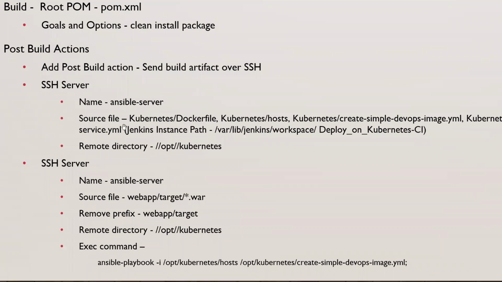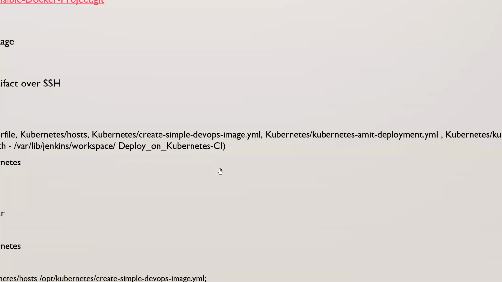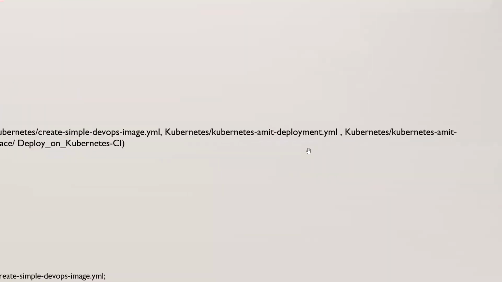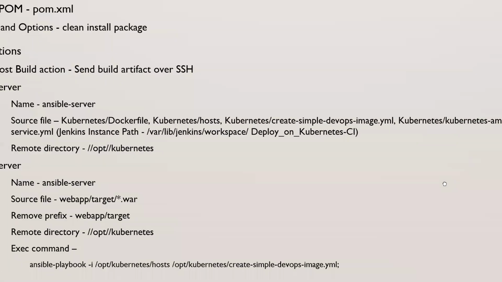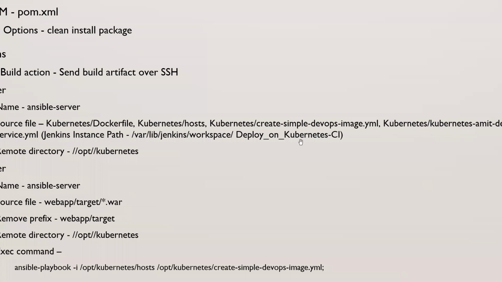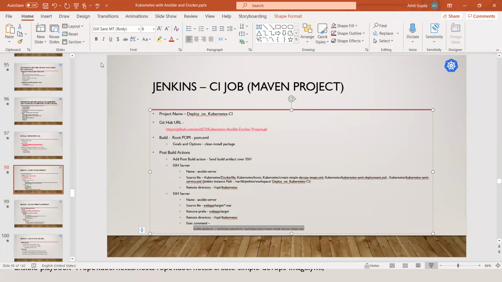First is the Kubernetes Docker file. Second is the host. Create simple DevOps image, right? And next you can see image.yml, Kubernetes Amit deployment.yml, and Kubernetes Amit services.yml. These are the five files. So I will explain those things here.